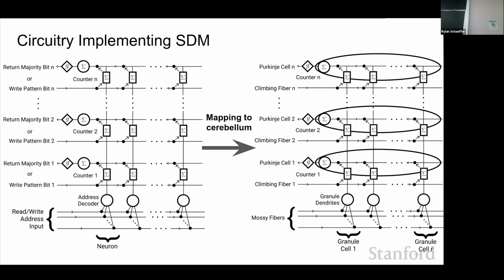Okay. And then the location of the neuron, those hollow circles, corresponds to the granule cell dendrites here, where the patterns that pop in correspond to the activations of the muscle fibers. And then the efferent postsynaptic connections are with the Purkinje cell. So what it's storing is in the synaptic connections with the N Purkinje cells at that interface. And then the Purkinje cell does the majority bit operation in deciding if it wants to fire or not.